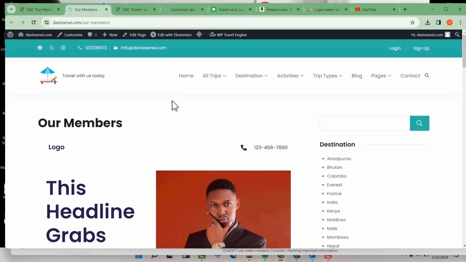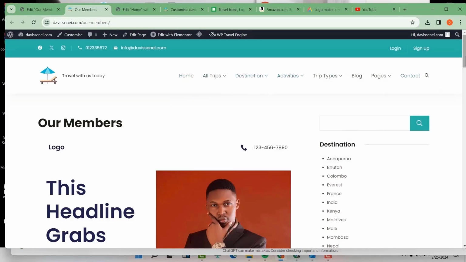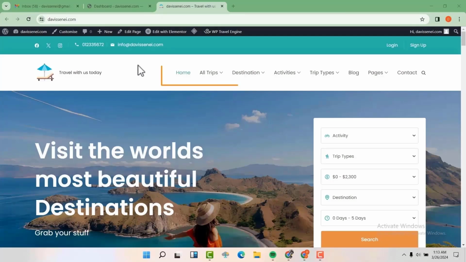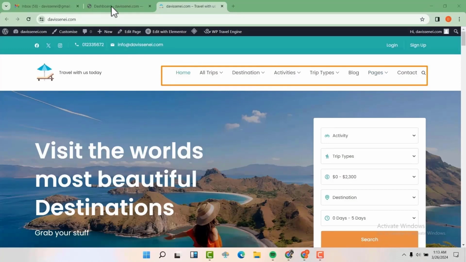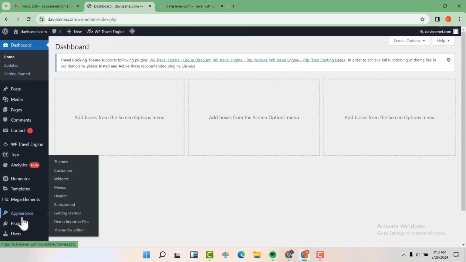So finally, we are now going to learn how to add this menu that you are seeing here, and also this footer menu that you are seeing here. Now to edit this primary menu, we're going to our dashboard, then go to appearance, then head on to menus, click on menus,